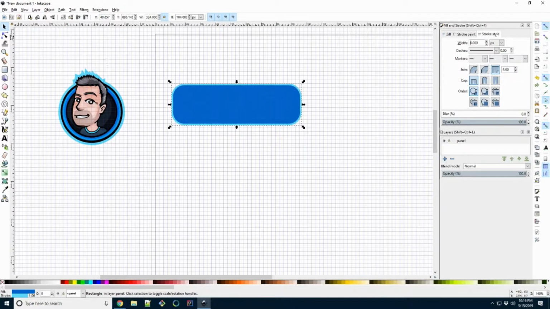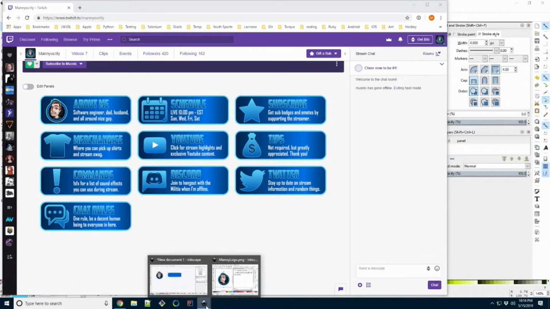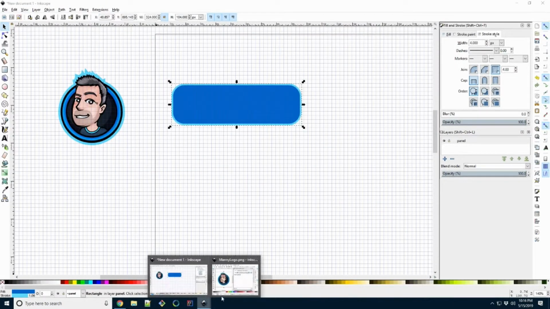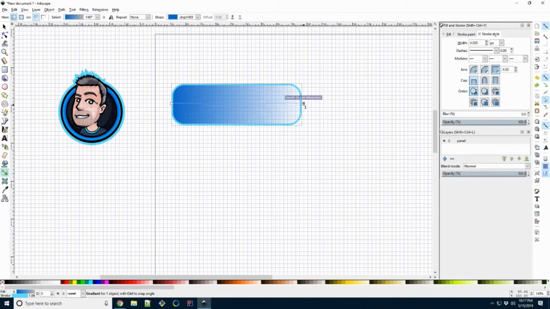Now, the next thing we want to do is, if you noticed, there's a nice gradient in there, right? It's dark to light to dark, all right? So that's what we're going to do next. We can actually close this. We don't need that open. All right, so we're going to use the gradient tool, and that is right here. There it is. All right, so now we drag and drop like that. Boom. So we have dark to light,